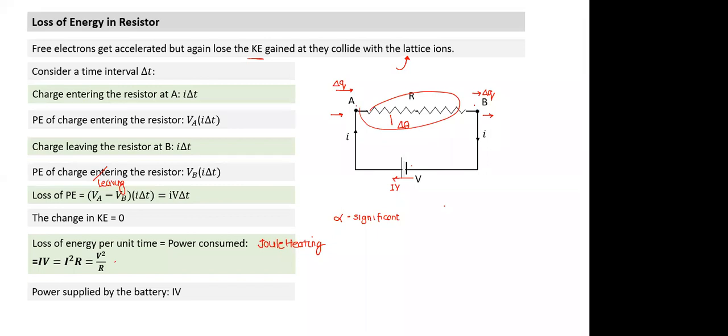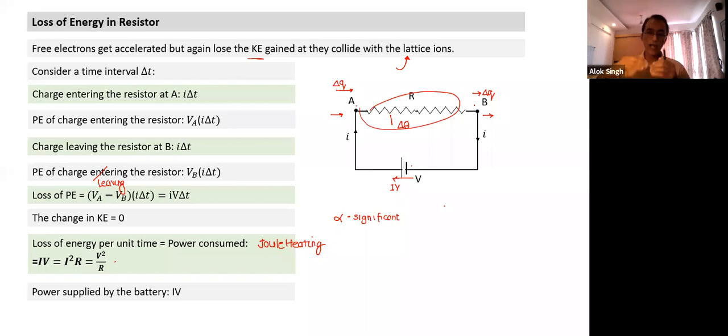Why? Because the heat may not be dissipated into the surroundings. So what will happen after some time as the temperature of the resistance keeps rising? The rate at which energy is radiated also keeps on rising. At some time what will happen? The rate of radiation of heat is equal to the rate at which heat energy is being supplied. It will reach a steady state.